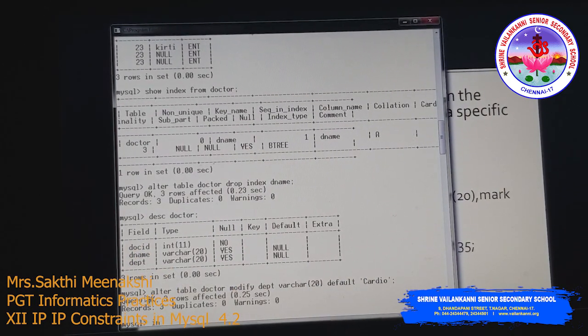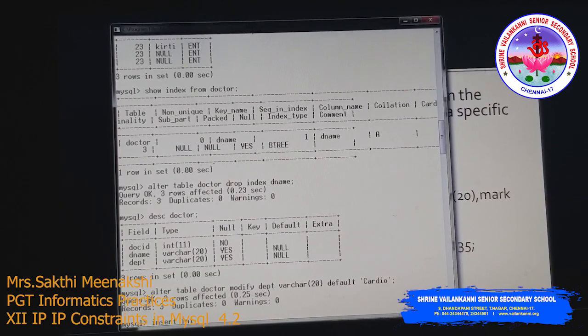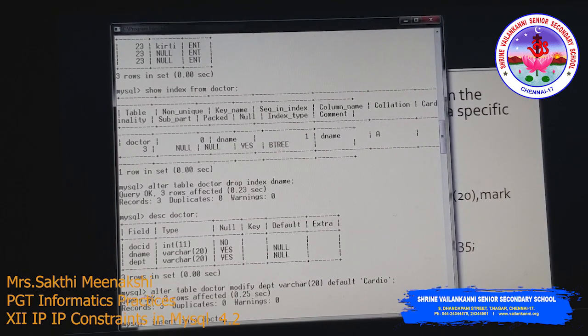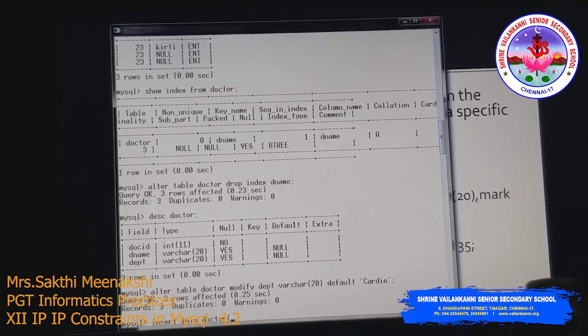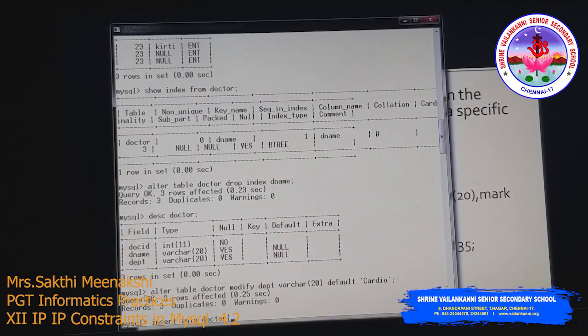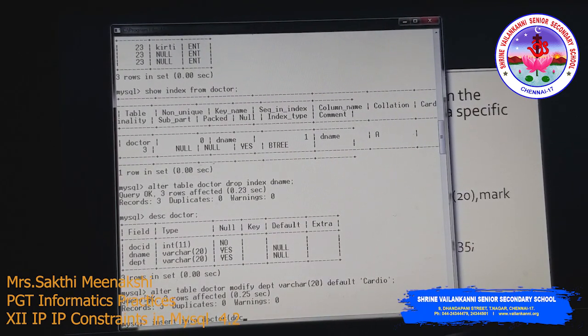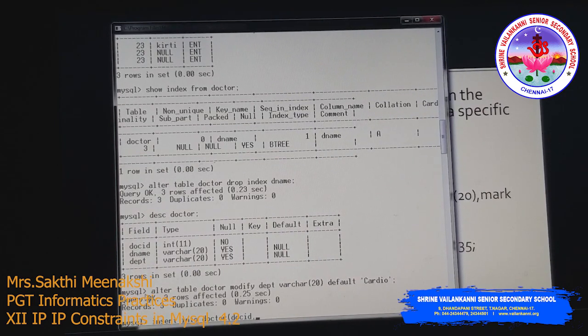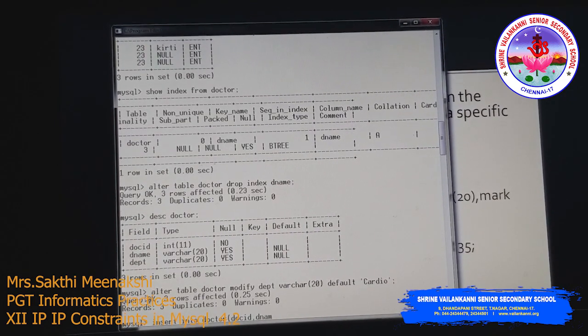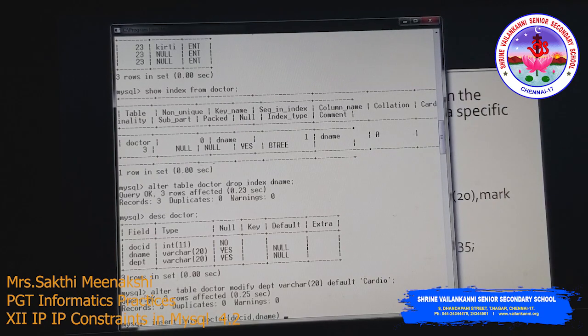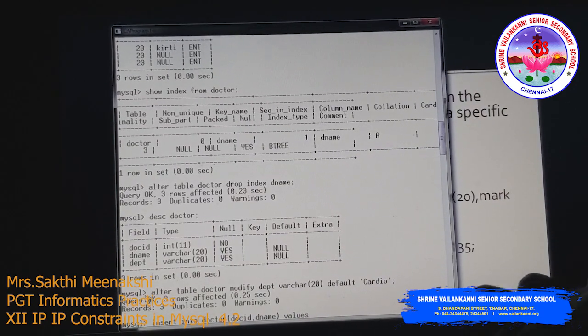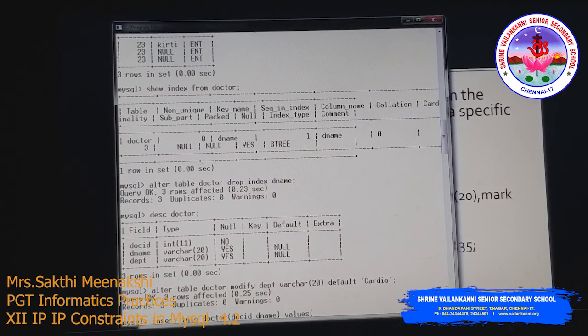Okay, let's insert this one. Insert into doctor. Since we are going to omit the department column, we have to specify the columns here: for doc ID and for D name, we provide the values.